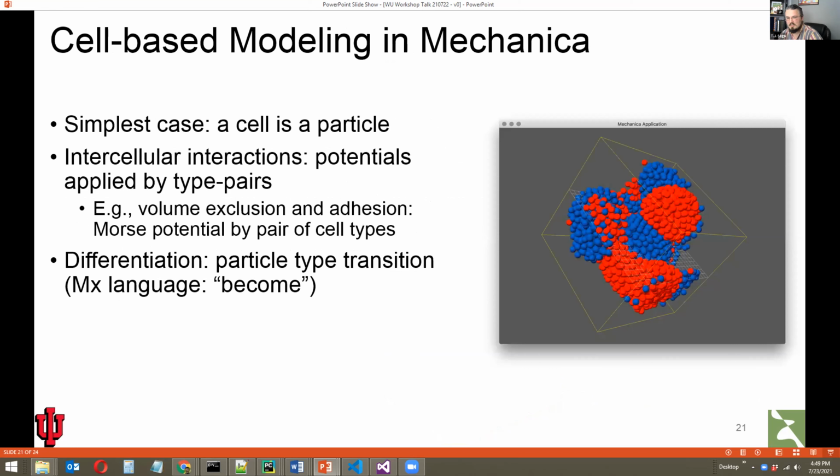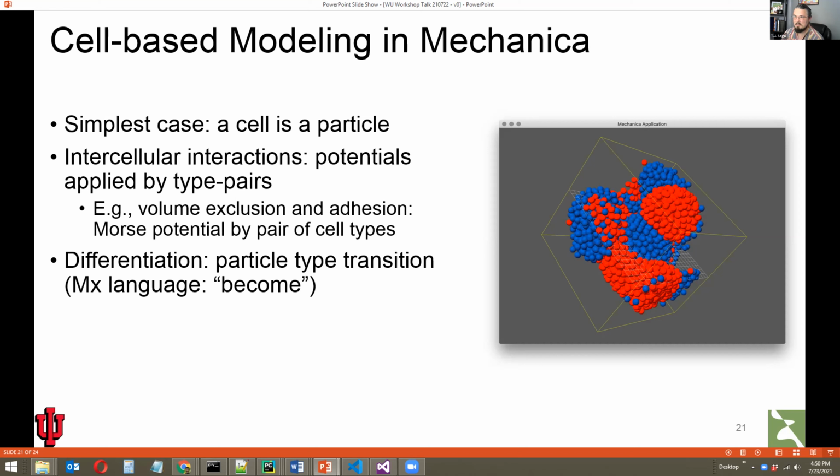In the very simplest case for a particle-based formalism, you can describe a cell as an individual point in space with biophysical and biochemical properties. This is often referred to as a center-based model. So rather than doing something like in CompuCell, where we actually simulate volume exclusion, instead we say that a cell approximately occupies a point in space.